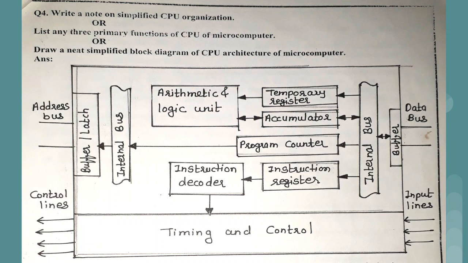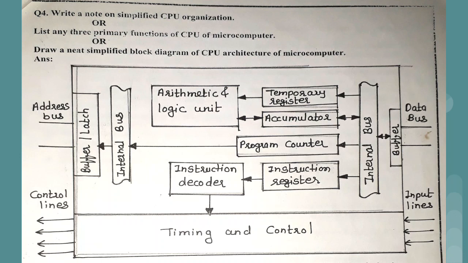Then we have the instruction register. Basically the instruction register stores the instruction which you want to execute, and this instruction register is connected to the instruction decoder. Actually, in the instruction register, the first byte of the instruction is stored. We have not started chapter number 2 yet, but in chapter number 2 we are going to write down the mnemonics. Mnemonics is nothing but a set of instructions, okay? Each and every instruction has two parts. First is the opcode, then we have the operand.